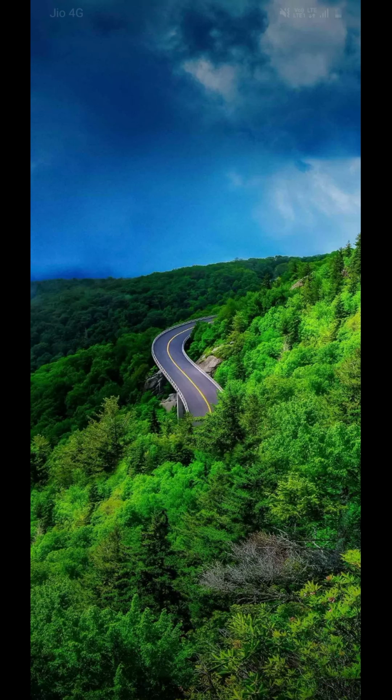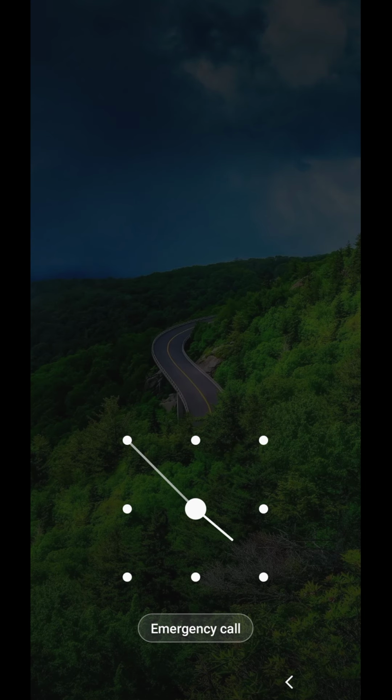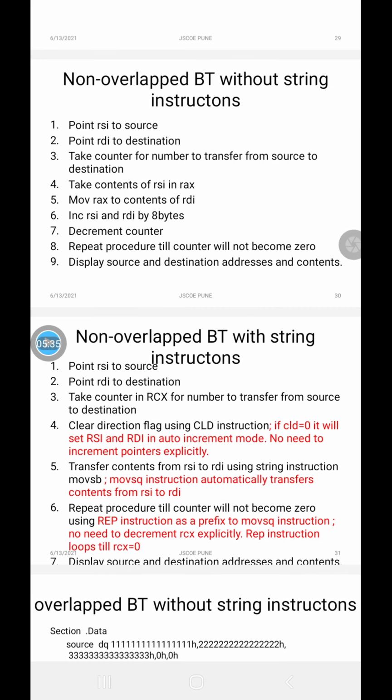Then from that register the contents will be transferred to the first location of the destination block. Then I have to increment the pointers. That means the first contents have been transferred from source to destination, so now I have to transfer the second content. So I will increment the pointers so that they point to the next element of the source block and the next element of the destination block.